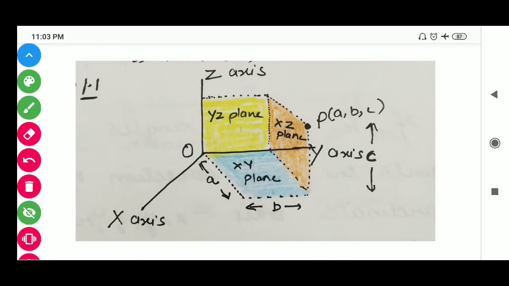So, here OX is the x-axis, and in the chapter vectors we have components. Here we have i cap. i cap is the unit vector along the OX axis. In the same way, we have the j vector along the y-axis, and the k unit vector along the z-axis. And students, in the previous video I explained what a unit vector is. A unit vector is a vector that has magnitude unity. Unity means 1.